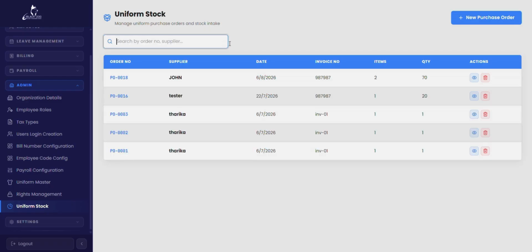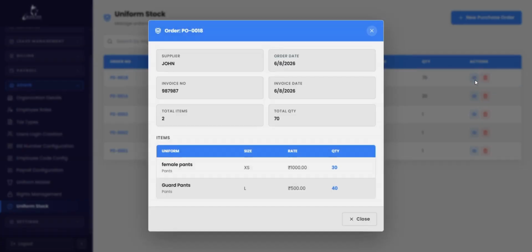The View option displays the complete details of a purchase order. It includes information such as the supplier, order date, invoice number, invoice date, total items, and total quantity. The Item Details section provides the uniform name, category, size, unit price, and purchased quantity, allowing administrators to verify the